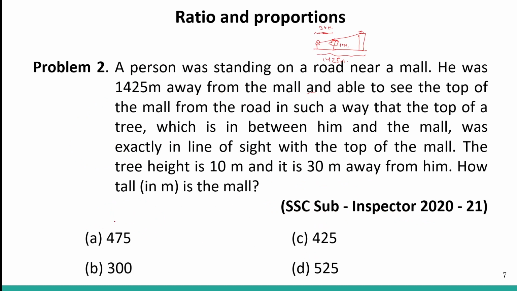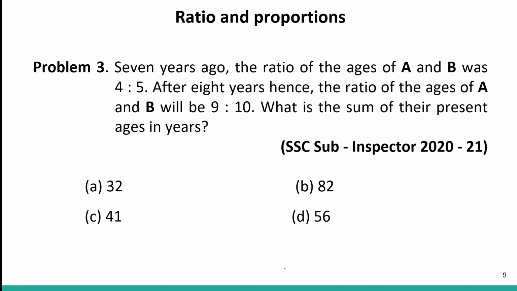All the other options are incorrect. This is the only correct answer. These are all incorrect. So problem number 3, that is, 7 years ago, the ratio of the ages of A